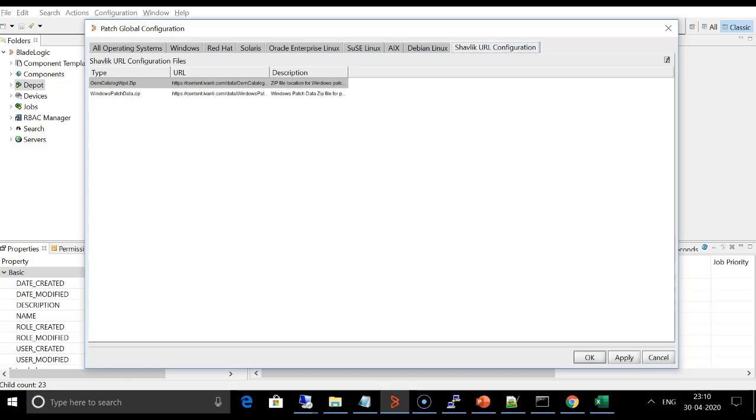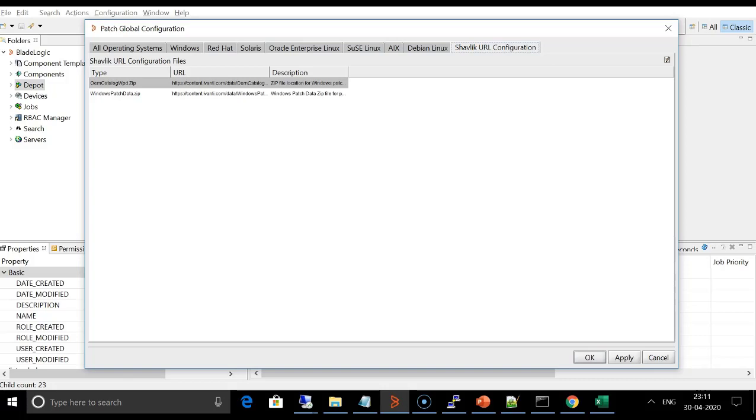Ivanti consolidates the list of patches released after Microsoft Patch Tuesday and updates them in these URLs. When a catalog update job is executed, TSSA reads the Ivanti metadata files and downloads the patches based on the filters selected in the patch catalog update job. These patches are directly downloaded from Microsoft or other vendors. The metadata files just contain the information such as download URLs and detection logic of these patches. The URLs are configured here out of the box and you do not need to add or modify anything.